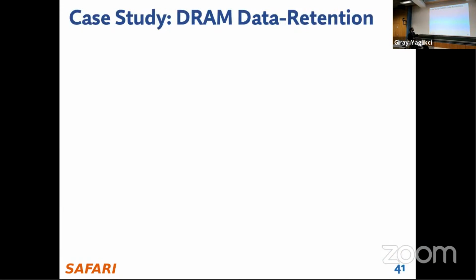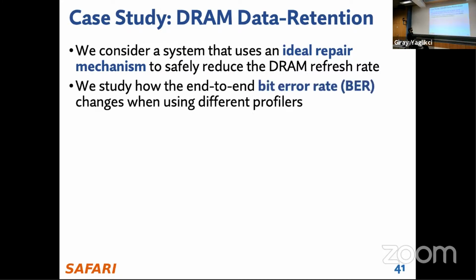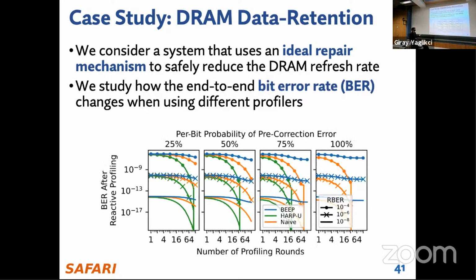Okay, and the final result I want to present is this case study that we do on DRAM data retention. Here we consider a system that uses an ideal repair mechanism, which means that we assume that it perfectly repairs all bits in the error profile. We study how the end-to-end system bit error rate changes when using the different profilers. This is the result we obtain, where again, we show the number of profiling rounds on the x-axis, but this time on the y-axis, we're showing the bit error rate after this many rounds of profiling and applying the secondary ECC, right? So we do all the indirect profiling, we do all the reactive profiling to identify the